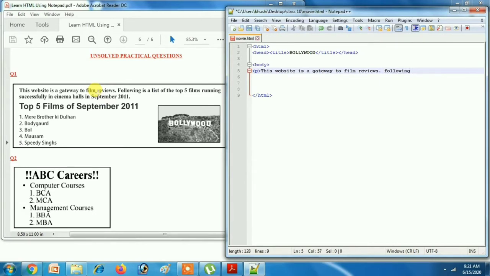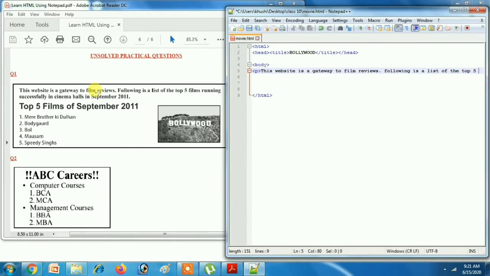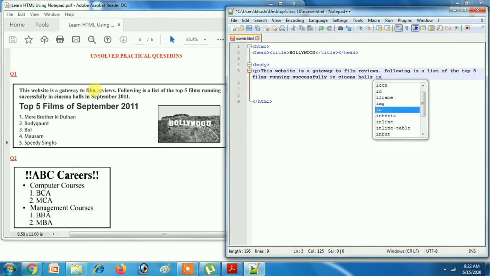Following is a list of the top 5 films running successfully in cinema halls in September 2011.